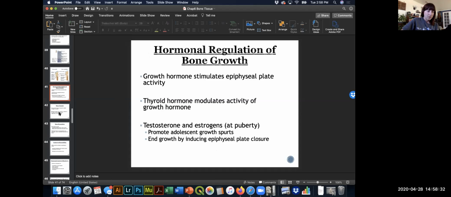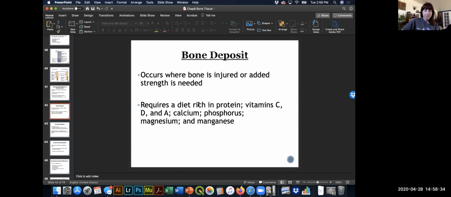I'm trying to draw a line here because there's certain hormonal stuff that we didn't actually talk about, like calcitonin. So sorry, let me just arrange my thoughts here real quick. What we talked about in terms of